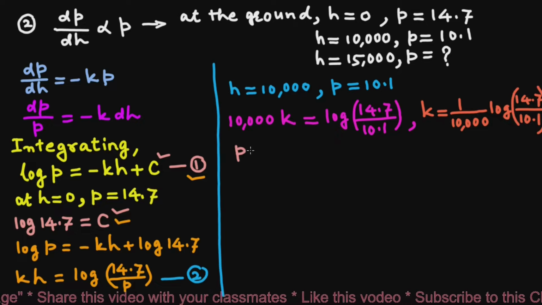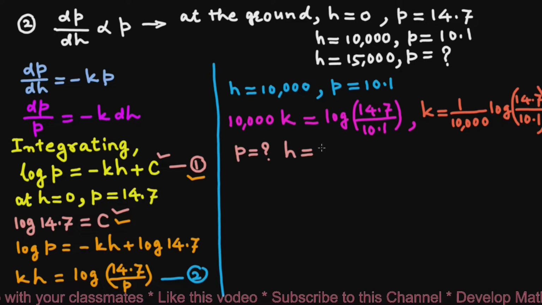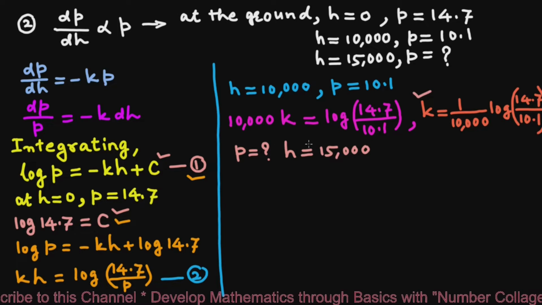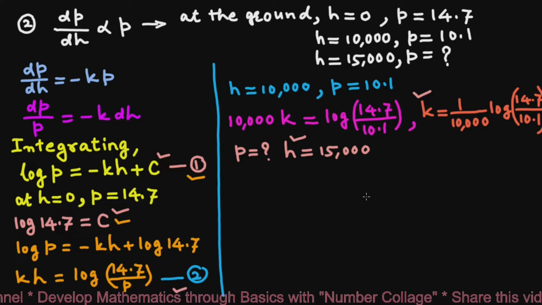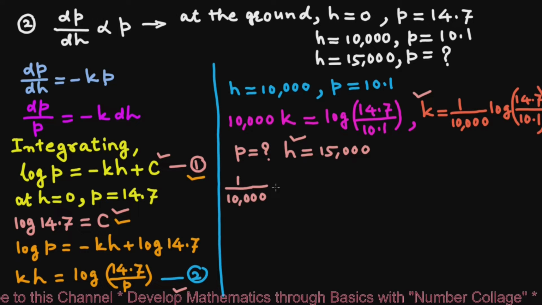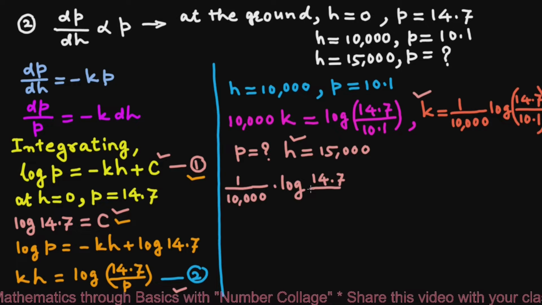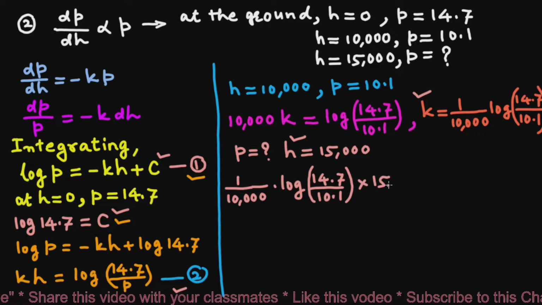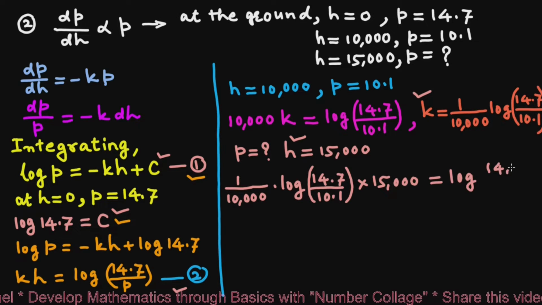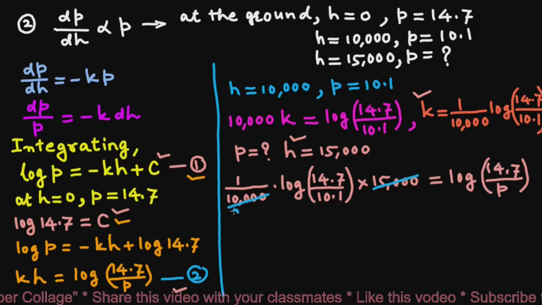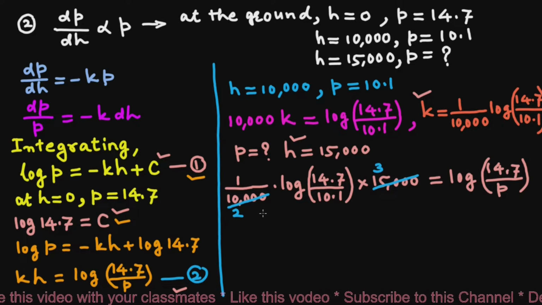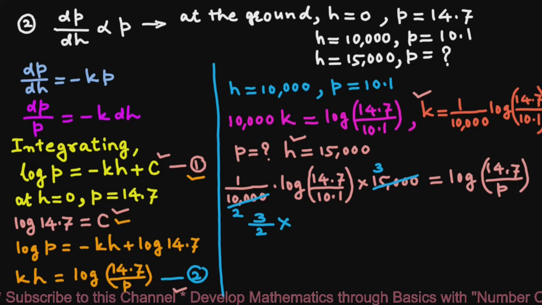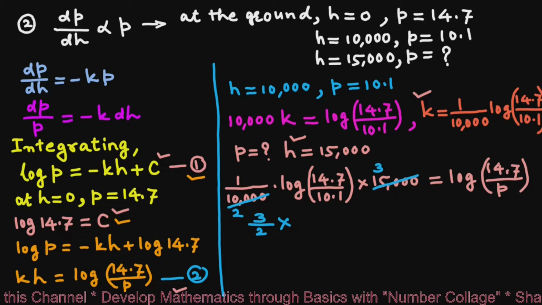We have to find atmospheric pressure at the altitude of 15,000 units. So we will use this value of K and H in equation 2 and write 1 upon 10,000 log of 14.7 upon 10.1 multiplied by H, which is 15,000, equals log of 14.7 upon P. 5 2s are 10, 5 3s are 15, so it will be 3 upon 2 multiplied by log 14.7 upon 10.1 to the base e will be